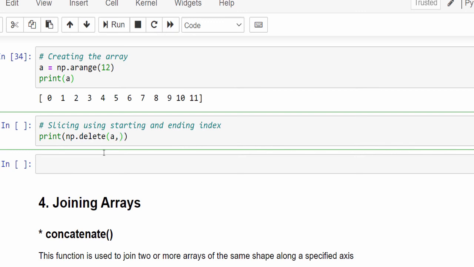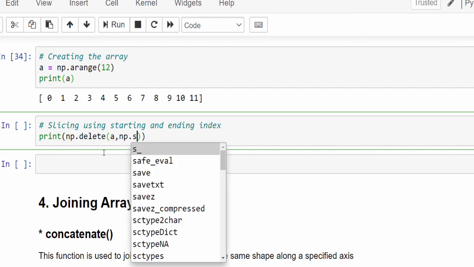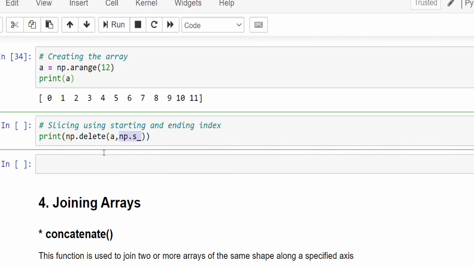Now for implementing the slicing, we have to use np.s_, so s underscore. This is an additional functionality where we can mention the slicing within the square brackets. We already know slicing means we have to mention it with square brackets, Python basics.